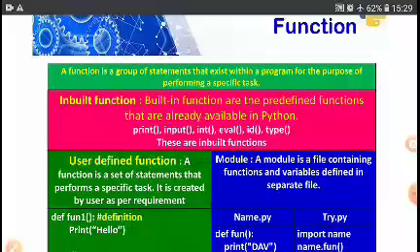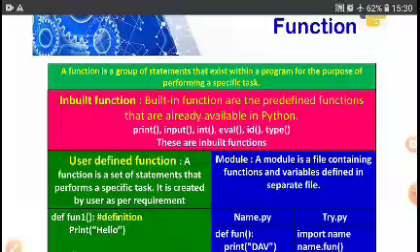There are two types of function in Python, inbuilt functions and user defined functions, and one other type is module. But in basic theory, I want to discuss inbuilt functions and user defined functions.